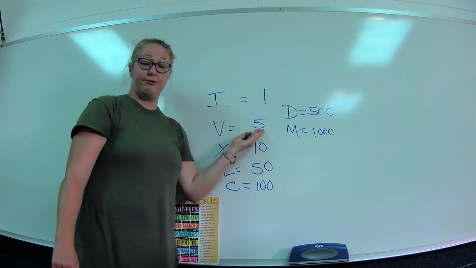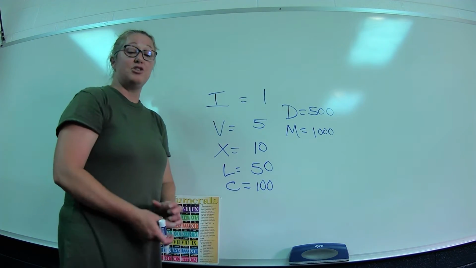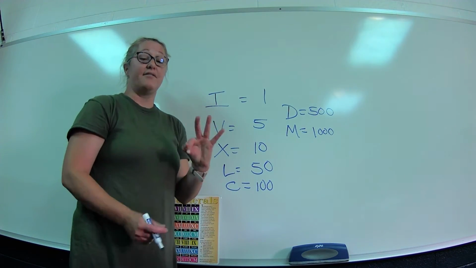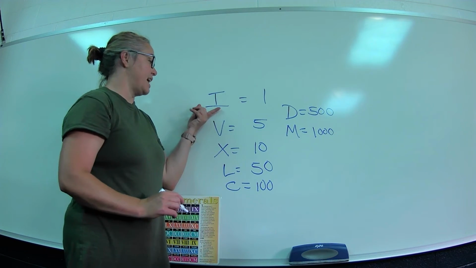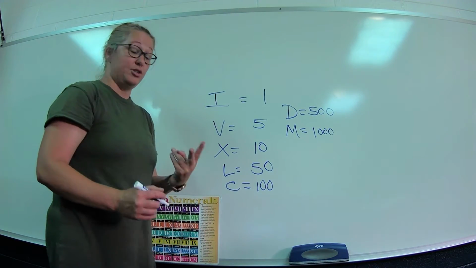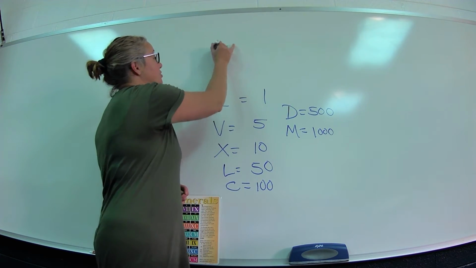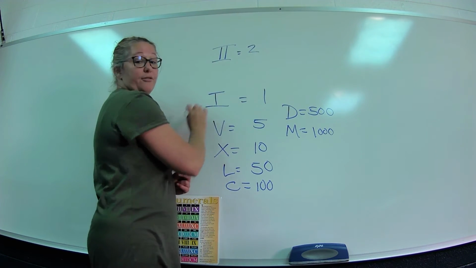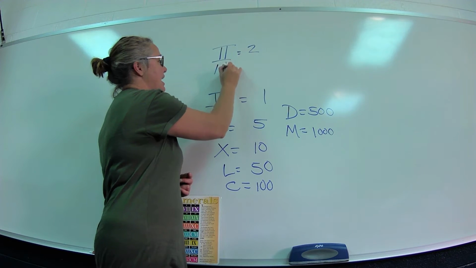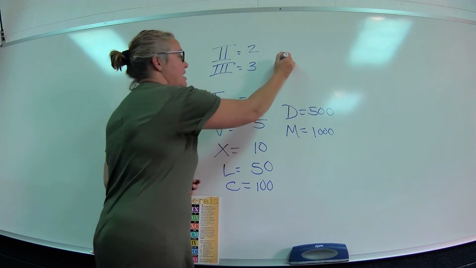B is equivalent to 5 Arabic. One thing that's important to remember is that you can only have 3 of the same Roman numeral next to each other. If you have an I and you want to do 2, let me come up here. You can do II, which equals 2. For 3, you can do III, which equals 3. But what I cannot do is